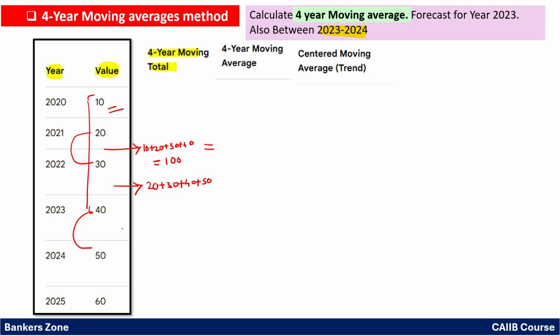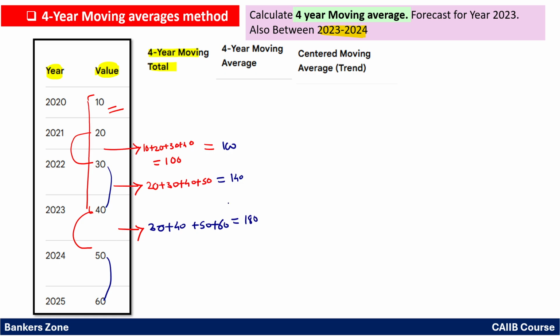Just below here, what will you write? 2 values from the top, 2 values from the bottom. So these are the 2 and these are the 2, right? So here you can write 30 plus 40 plus 50 plus 60, right? So what will be the total? First you will get the total 100, here you will get a total of 140, and here you will get a total of 180,